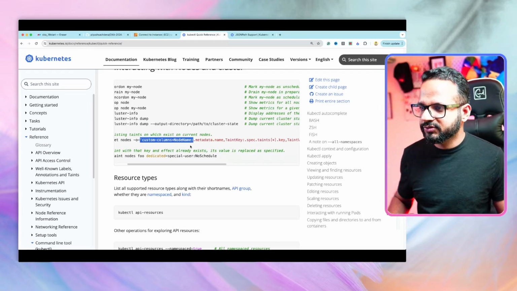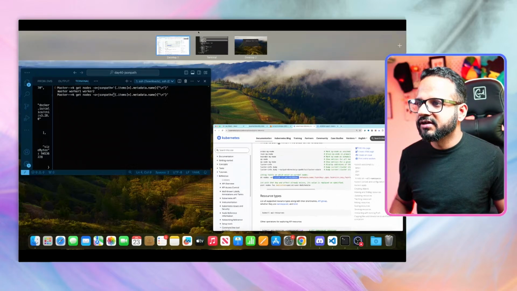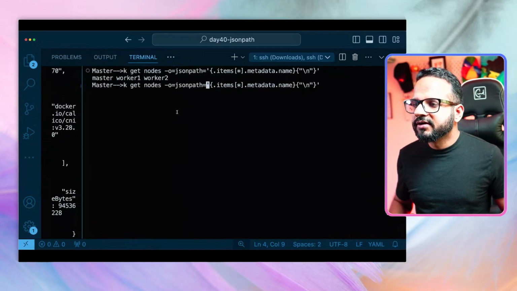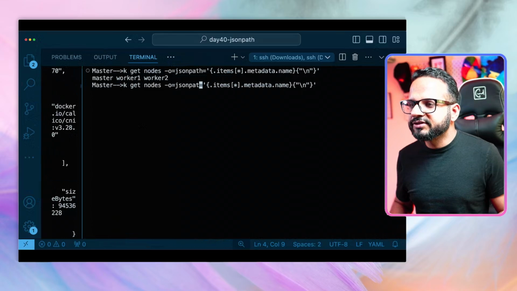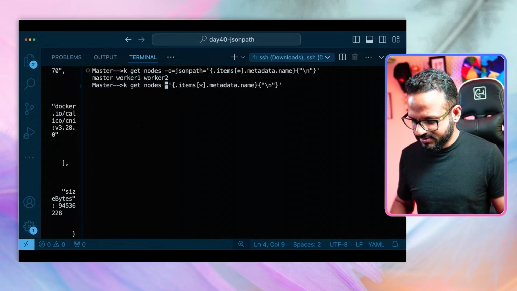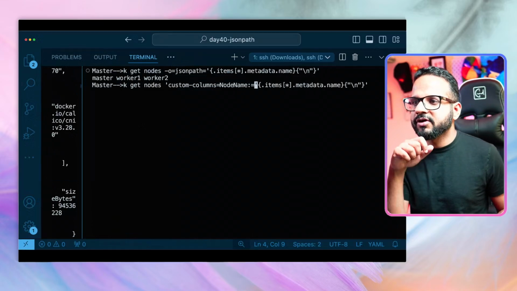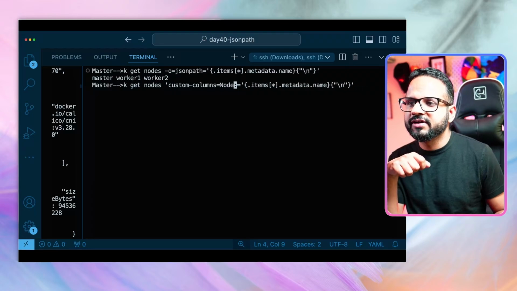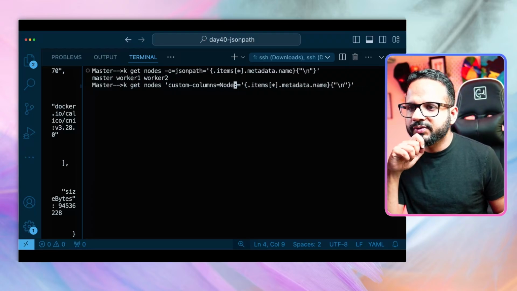Okay, so let's use that. Let's use hyphen o column name equal to this. Okay. And it should be in place of this. Okay, so custom column name equal to node name, or let's call it just node colon equal to, let's see,